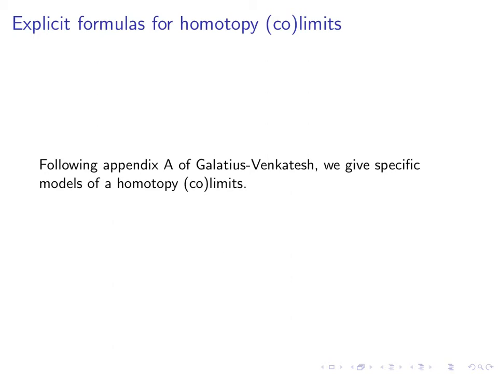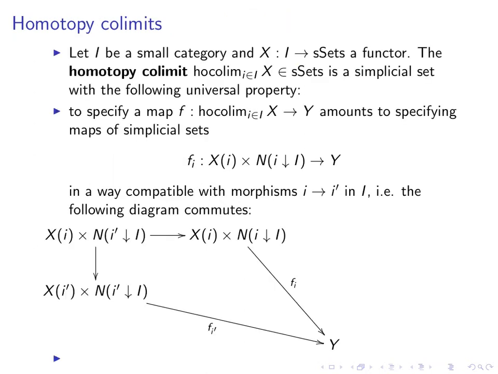Okay, so that was the abstract approach. What are the explicit formulas? They go through this in some detail in Galatius and Venkatesh. It turns out that, okay, you start with some diagram X, and the homotopy colimit is first of all a simplicial set, and it has the following universal property: to give a map out of it amounts to specifying maps of simplicial sets